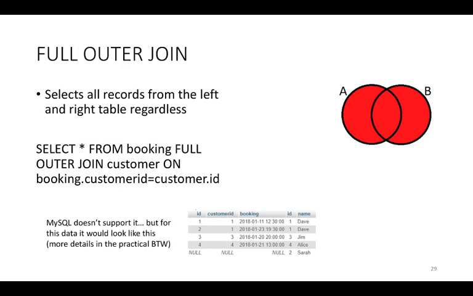So finally, one of the other options is a full outer join. Give me all of the records in A and all of the records in B. I don't care if they intersect or not. If records exist in A but not in B, null the values for B. If records exist in B but not in A, null the values in A. MySQL doesn't actually support full outer join, but I'm including it here because if you look at joins online, such as the Wikipedia article, which I don't just steal from my lectures, you will see that full outer join